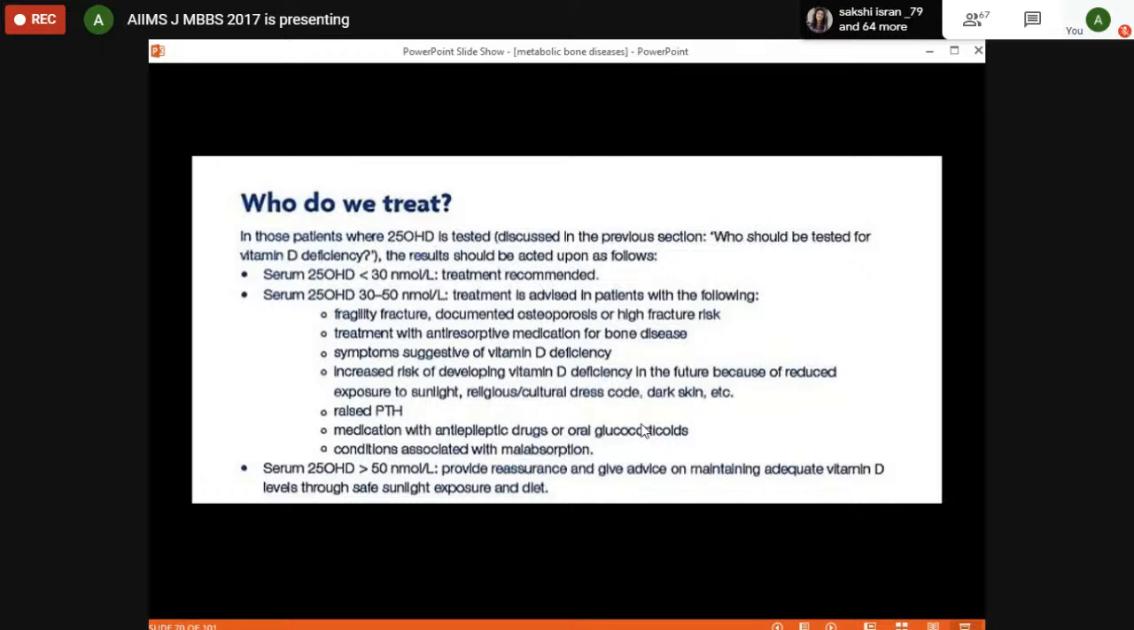So in these patients, what should we treat? So when should we treat? If the serum 25-hydroxy level is less than 30 nanomole per liter, treatment is recommended. If it's 30 to 50 nanomole per liter, treatment is advised in patients with the following things, like fragility fractures